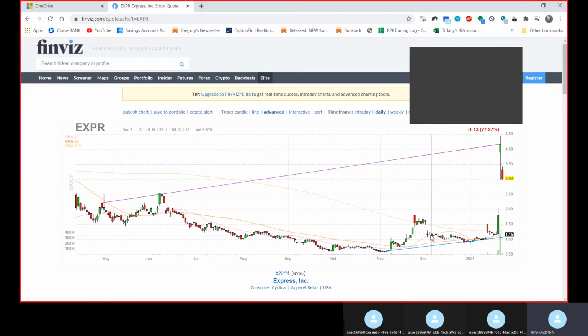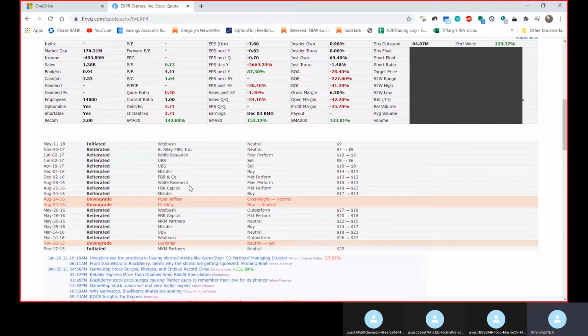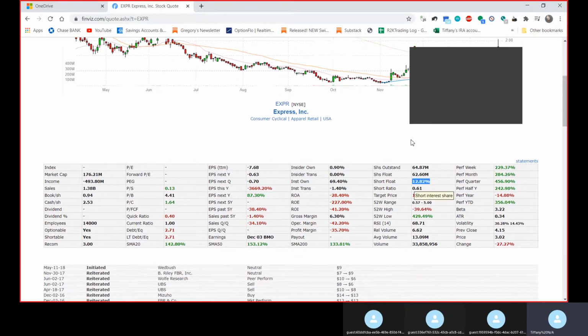But my usual size for these is at least 1,000 or 500, depending on the ticker itself. But you have to have a budget for these. So 500 shares of this for a 200% return is a good gain right there. Another thing you need to look for is the short float. While I keep mentioning the short float, it's really important, because the short float